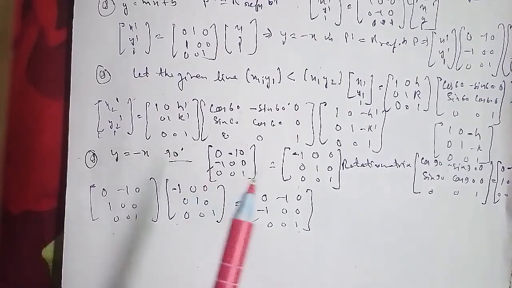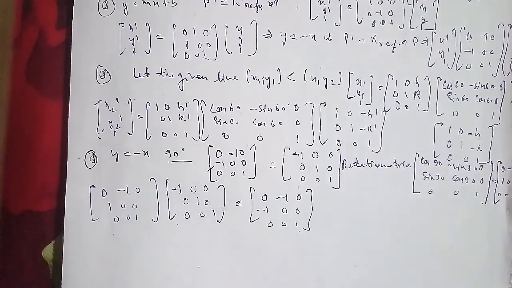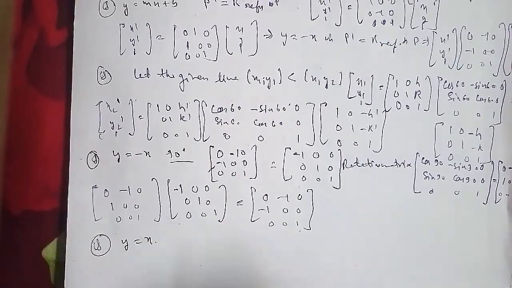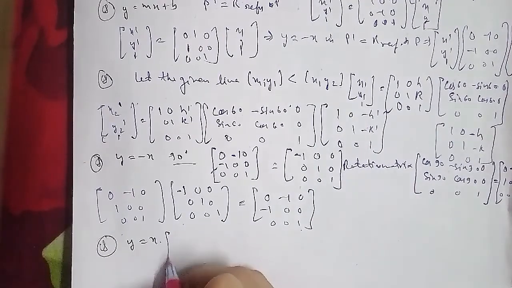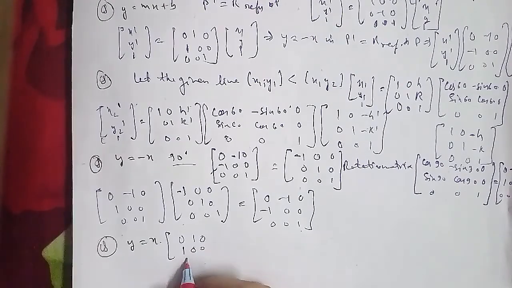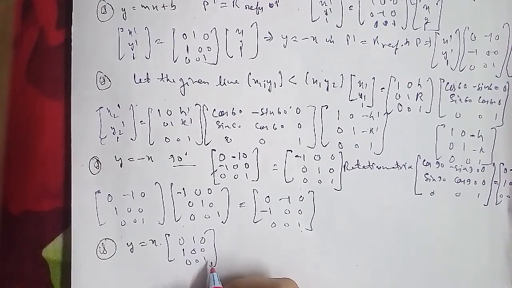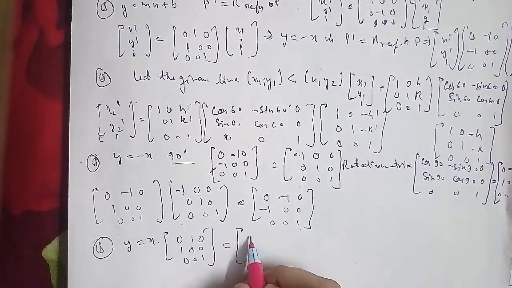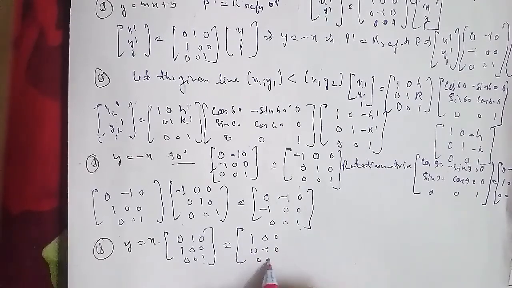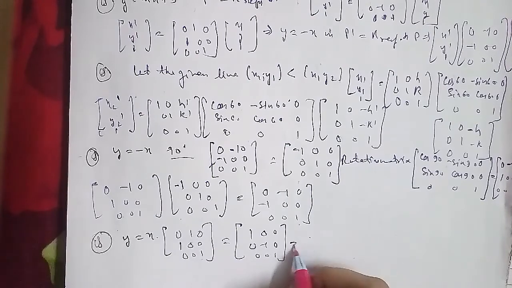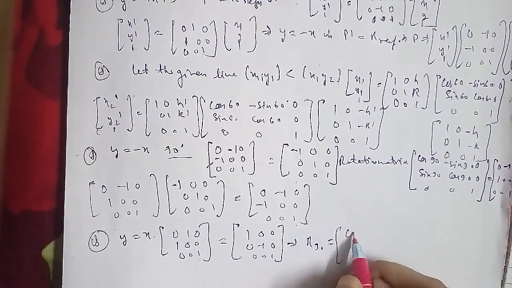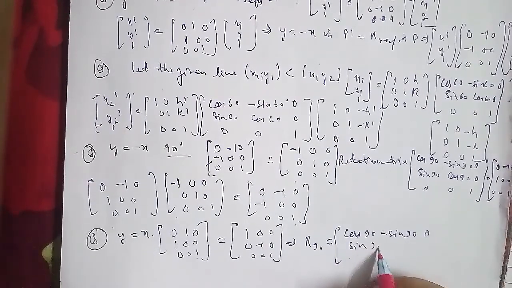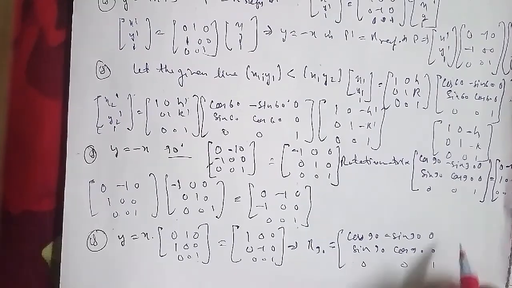And the rotation matrix for rotation by 90 degrees is cos 90, minus sin 90, 0; sin 90, cos 90, 0; 0, 0, 1, which equals 0 minus 1 0, 1 0 0, and 0 0 1. So here the composite matrix for the reflection then the rotation is 0 minus 1 0, 1 0 0, 0 0 1 times 1 0 0, 0 minus 1 0, and 0 0 1, which equals 0 1 0, 1 0 0, and 0 0 1, which is equivalent to the reflection matrix about y equals